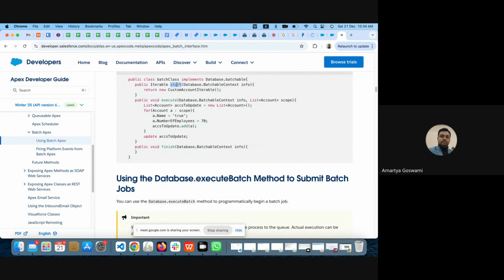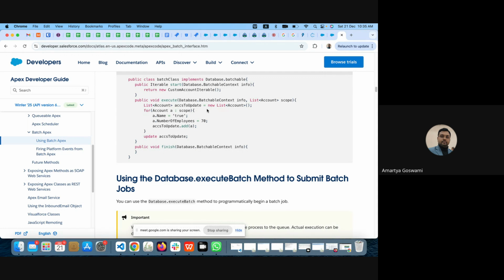Within this start, you will fetch all the customer details who are having SB accounts. In execute, you will write the code to send email, and from finish you can just count how many people this email has been sent to, or whether it is already sent. So in batch apex, when there are so many records, you can automatically fetch them,